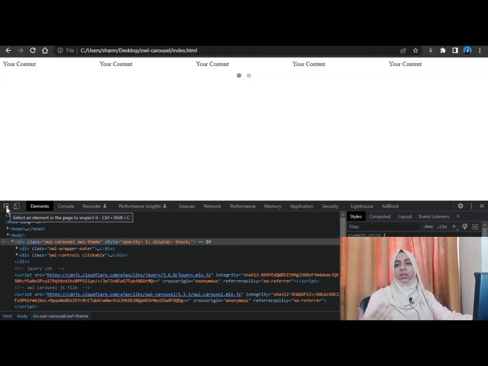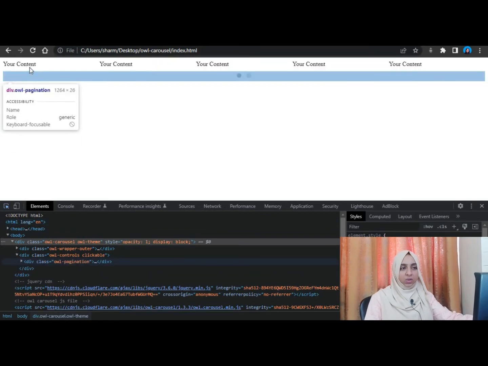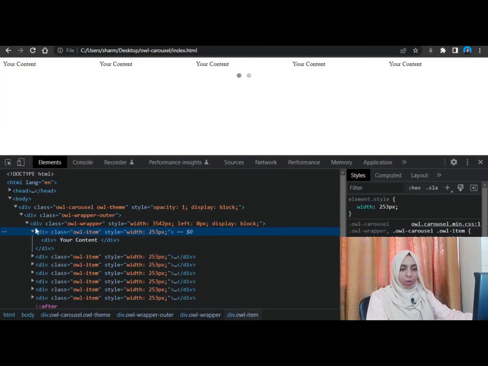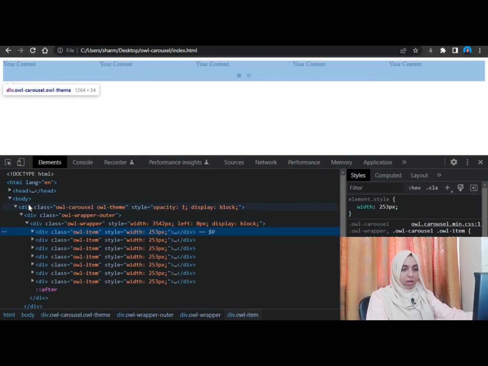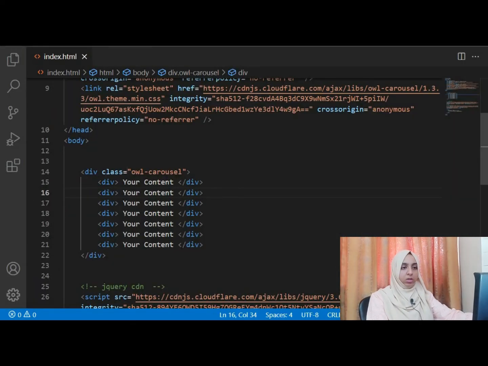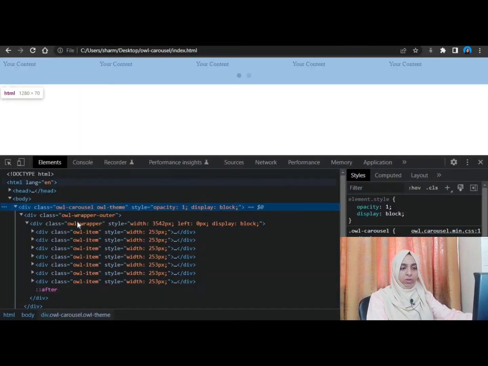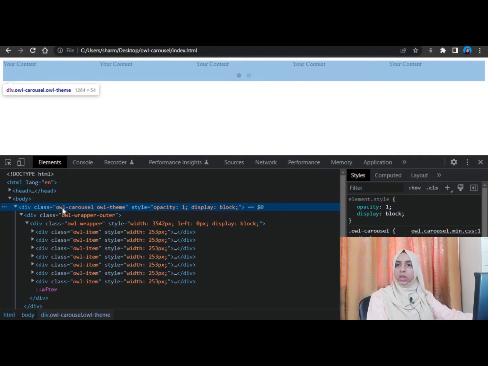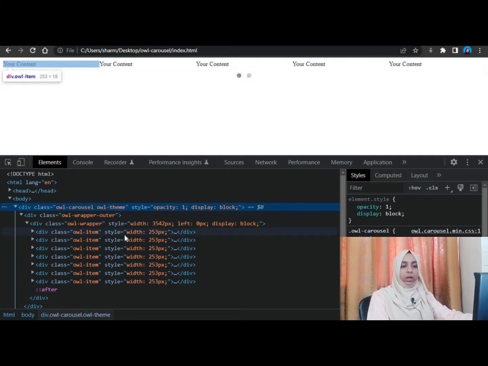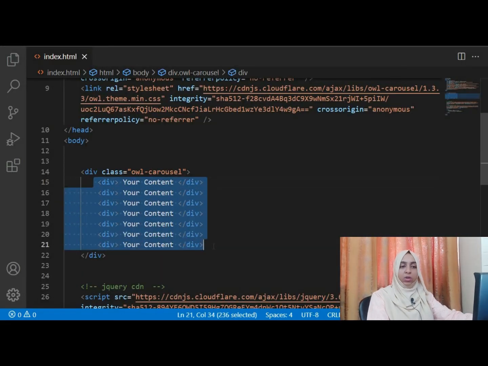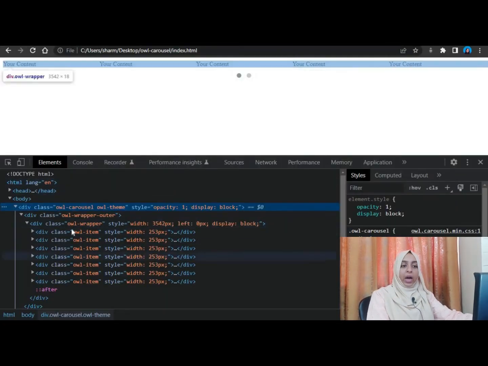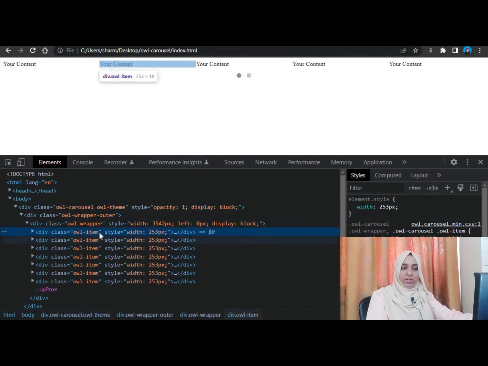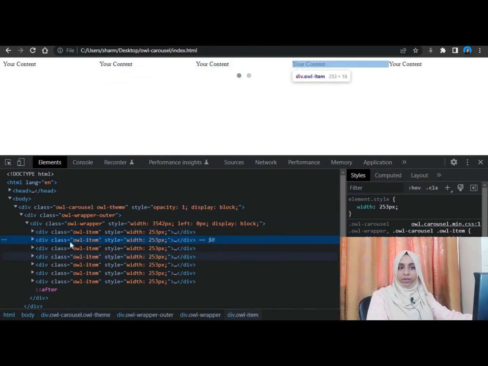Now you might say that this was very simple and it doesn't even look appealing. So now I will show you how you can give different styles to your elements. This was your main div, owl-carousel. You can see the class name over here, right? Now it is adding its own classes, and we don't have any classes added over here. Can you see there are no classes added? But owl carousel by itself adds classes to those divs.